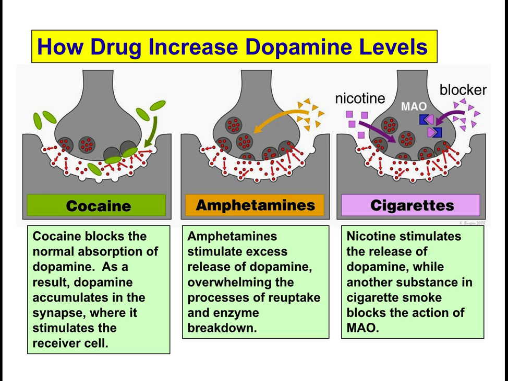Now, nicotine works in a sense in both ways. You get an increase in dopamine just like you did with amphetamines, and you have the inhibition of MAO just like you did with cocaine. So from both sides, it's resulting in more dopamine being bonded with more receptor sites and staying there longer. It's thought this is probably one of the reasons cigarettes are notoriously difficult to stop smoking. Nicotine is quite addictive because it's acting upon the dopamine system in both ways here.